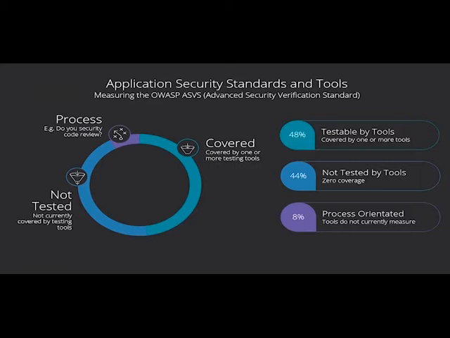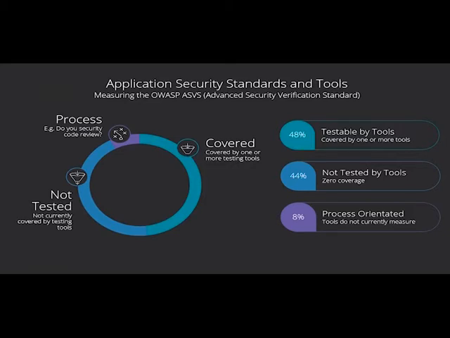As you can see here, our research shows around 48% of OWASP ASVS issues, now that's about 85 security aspects, can be found at least in one shape or form by a commercial or open source security tool. Now that's not to say any one tool finds all 48%. That means if you ran the hundreds of security tools, both commercial and open source, you could potentially cover around 48%.